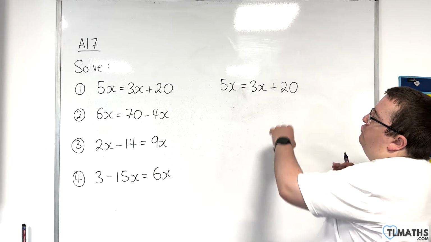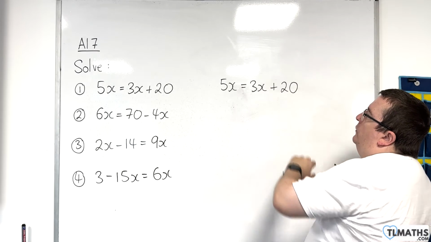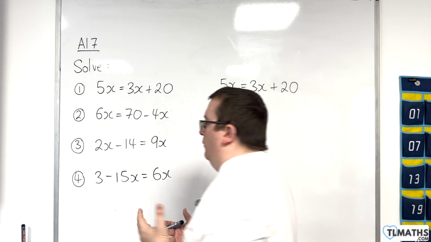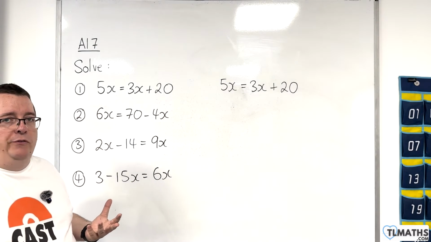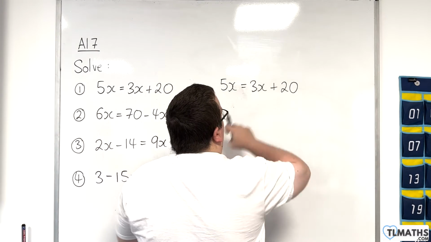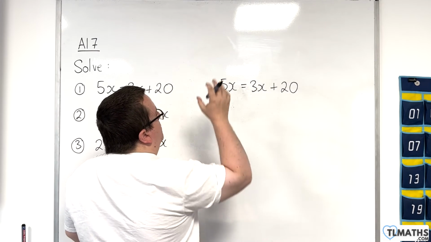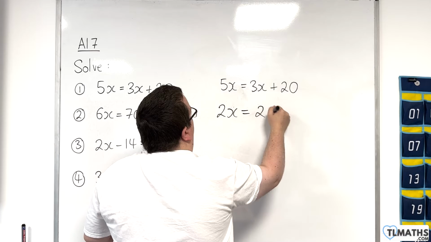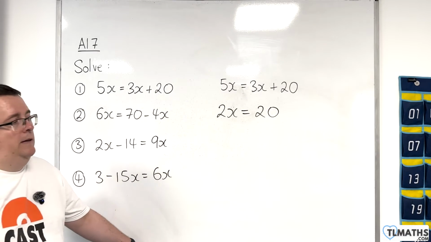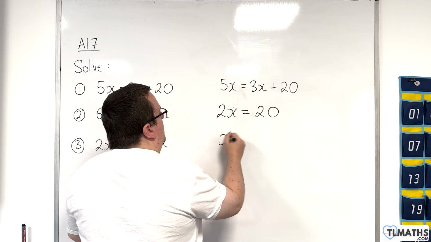At the moment, on the right-hand side, we've got this 3x with the 20. So preferably, I want to leave the 20 where it is and subtract the 3x from both sides. So I can remove the 3x from the right-hand side. So subtracting 3x from both sides will leave me with 2x is equal to just now 20. And now, because I've got 2 times x, I can divide both sides by 2, and we get x is